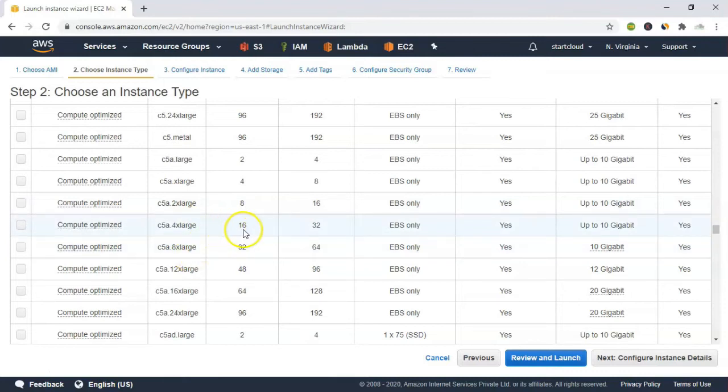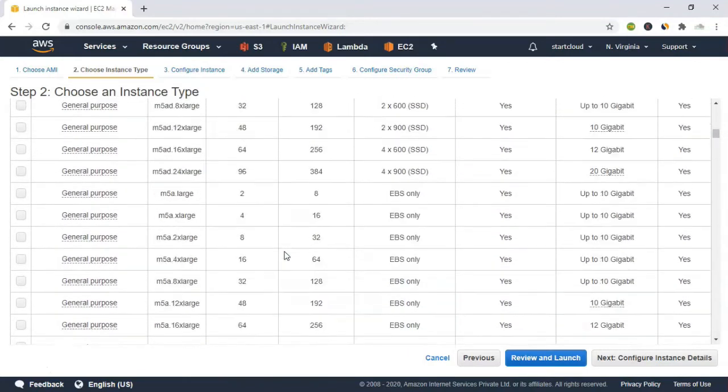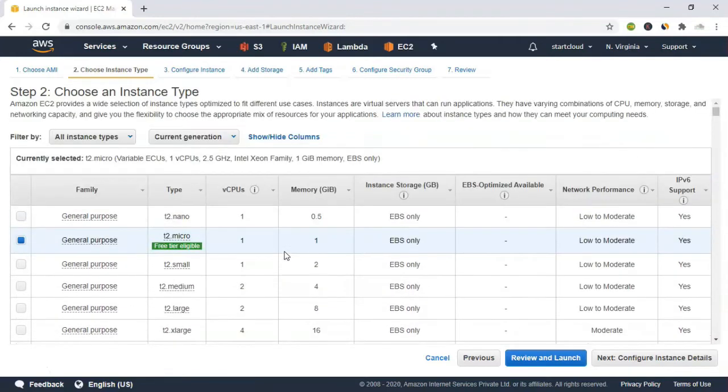You can also see 16 CPU, 32 GB RAM. So you can select based on your requirement. For our purpose, we will go with the T2 micro that comes under the free tier.